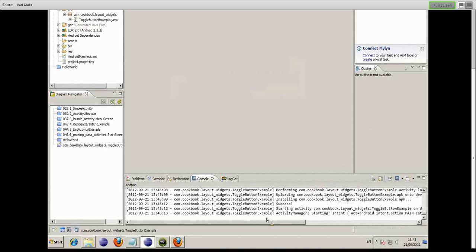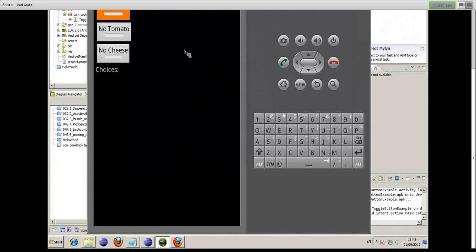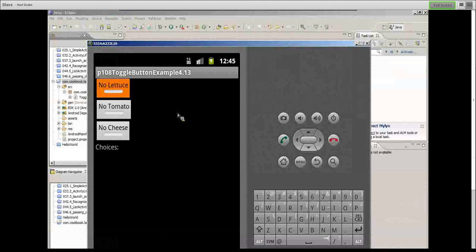So if we open our emulator, we'll see that the program has in fact launched, and the example we were using was the toggle button on page 108. So we can tap on these here and see the program in fact running. So that's the end of the